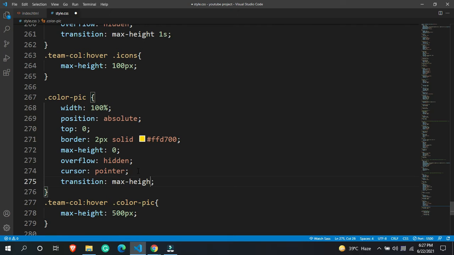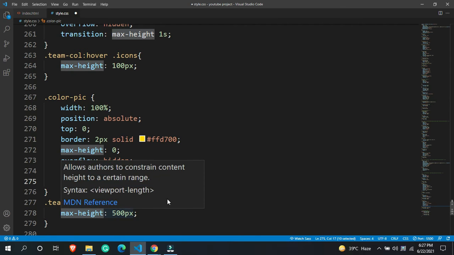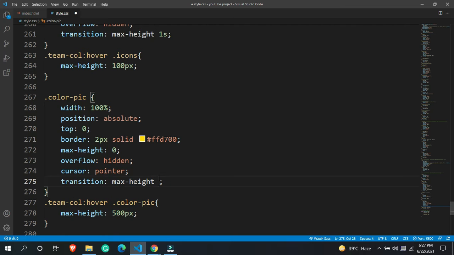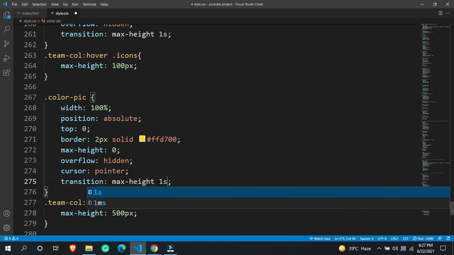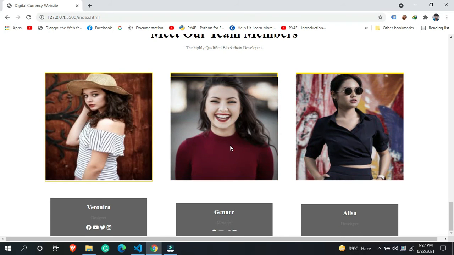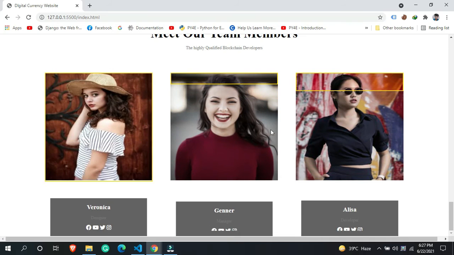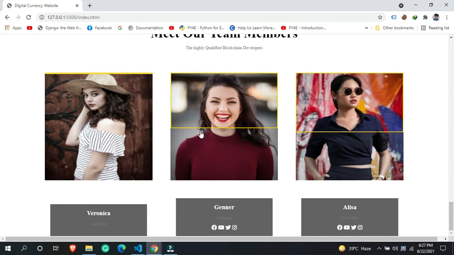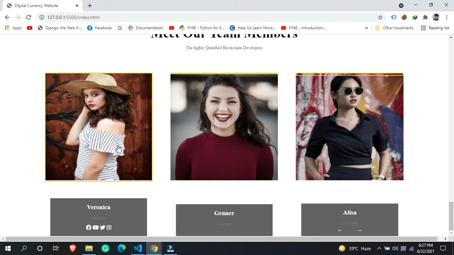Once you give the max height, you can see we are targeting the same exact keyword. Then the second, max height must be 1 second, and here you can see we are getting a very beautiful hover effect on the team section, and that's it. That's how you can achieve this particular thing.